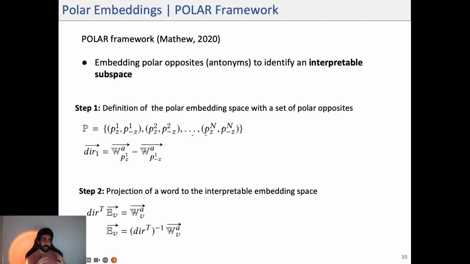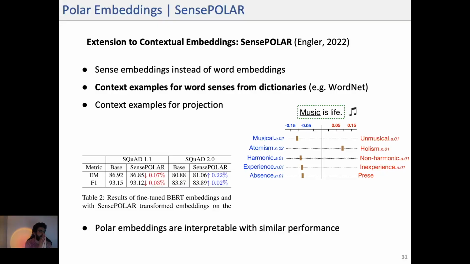That's incredibly helpful for interpretability, especially in applications where we want to track moral, emotional, political, and whatever other connotations in the language. Now let's move to a cool extension of the polar framework. It's called SensePolar and was proposed by Engler et al. in 2022. So the key idea here is to go one level deeper than words and work with word senses